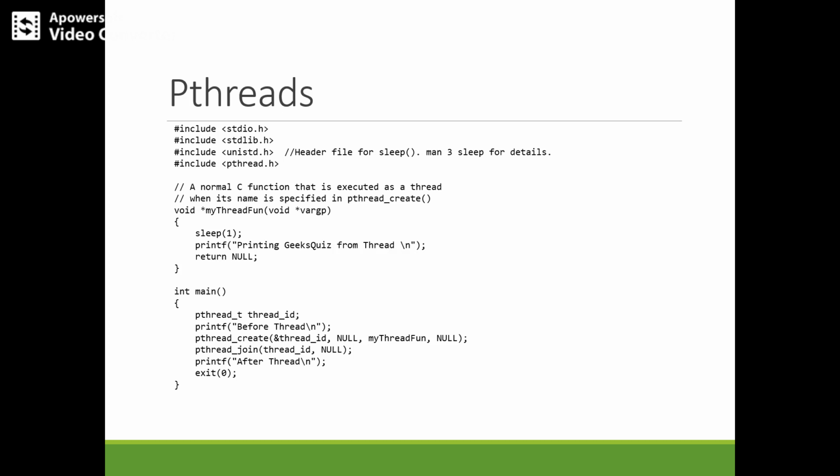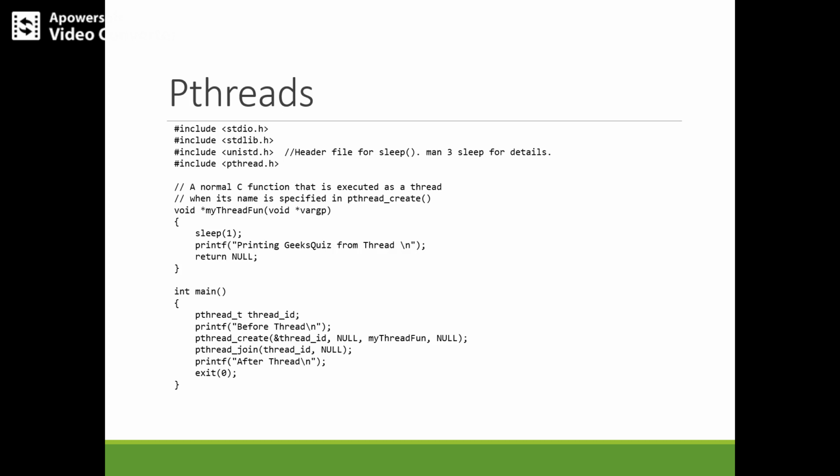The first statement that is going to be printed is "before thread". Before the thread, it has to create a thread. How do we create a thread? By the help of the POSIX thread built-in function, which is pthread_create. It takes parameters like thread id, which is of type pthread_t, and each thread has several attributes including priority and stack size. The thread starts by calling the function, which is specified here as my thread func.